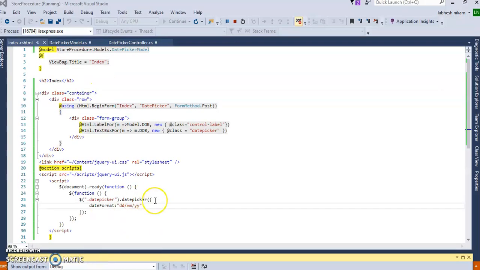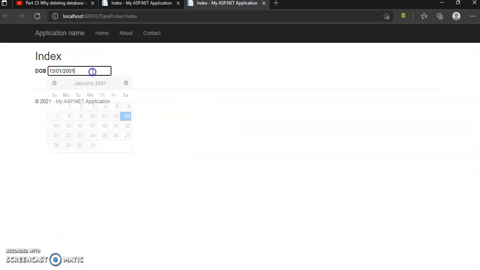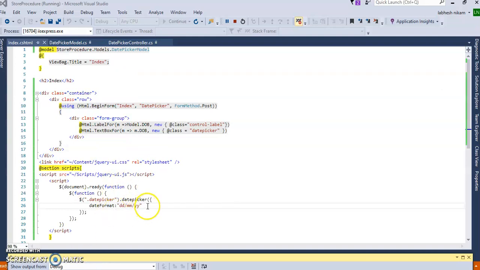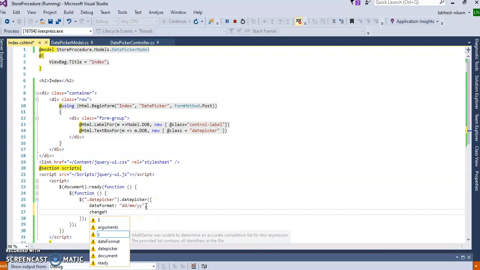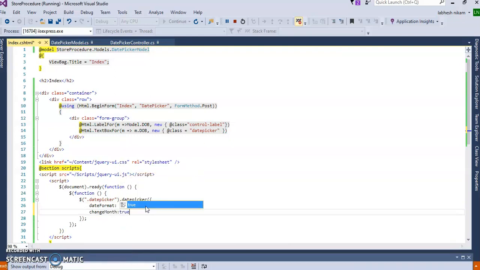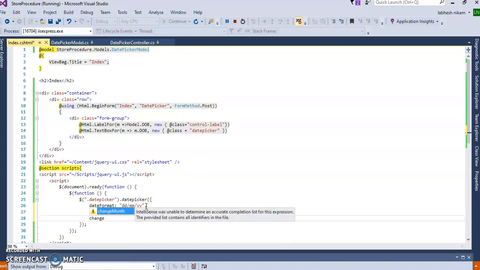Now let's change something here. In this calendar there is no year or month dropdown, so I will add the drop down for it. So change month true, okay, and change year true, right?